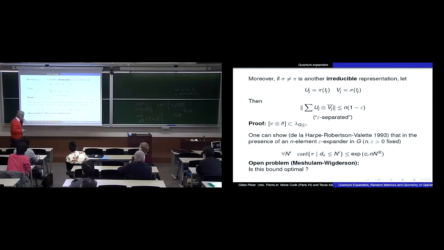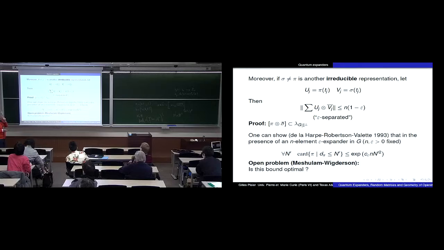Okay. So here is a first point, which is actually one of the reasons why I became hooked on the subject of quantum expanders. It's a very nice question that I've heard from Wigderson in a talk, and I've heard him actually repeating this question several times, but it's not very clearly in print, although it appears in some lecture notes taken by students at some place. And it's related to a paper of Wigderson, who's a specialist of expanders, and Meshulam. And the